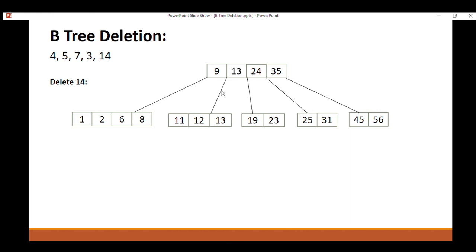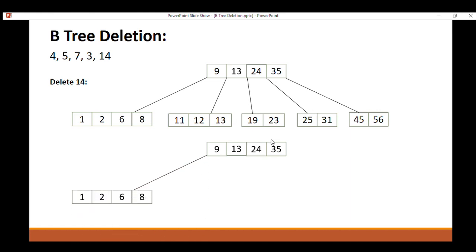So we will move 13 one level up, and the 13 in the child node will be deleted, and our new B tree will look like this. Its root node will have the values 9, 13, 24, 35, and their child subtrees will look like this.